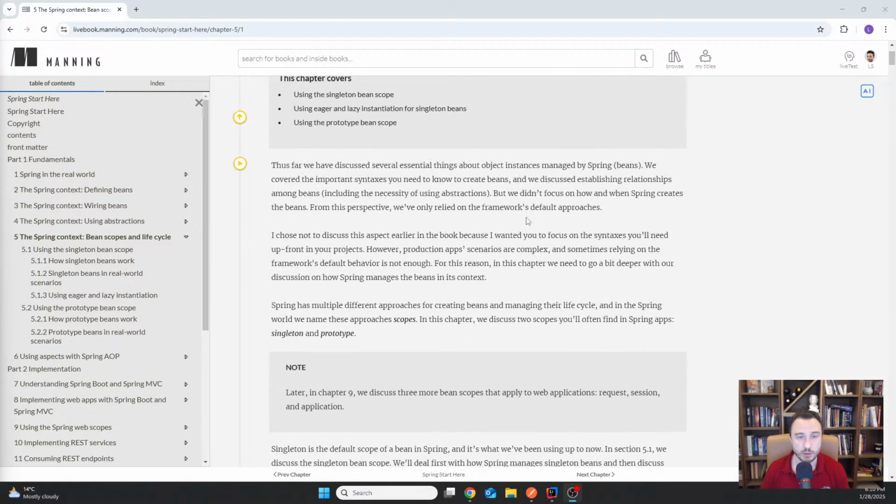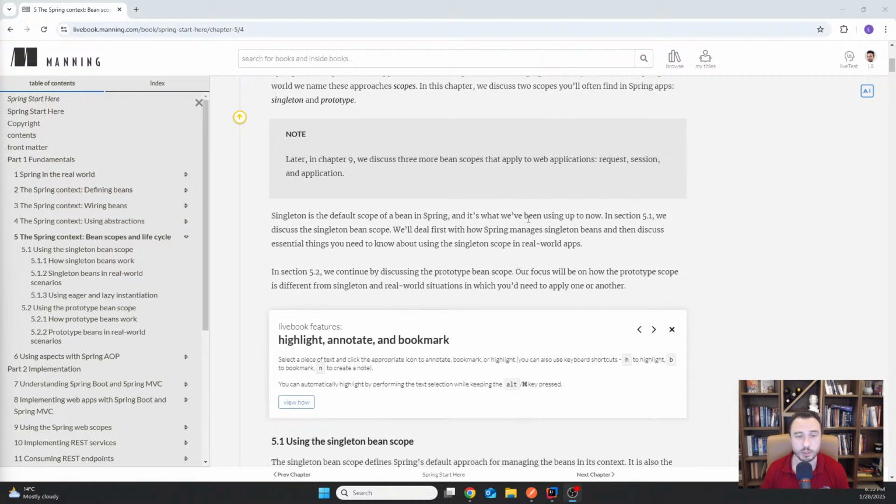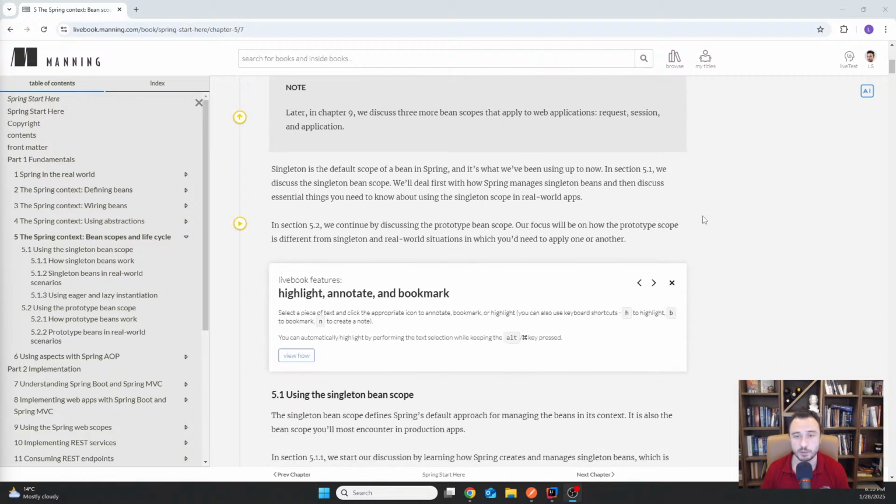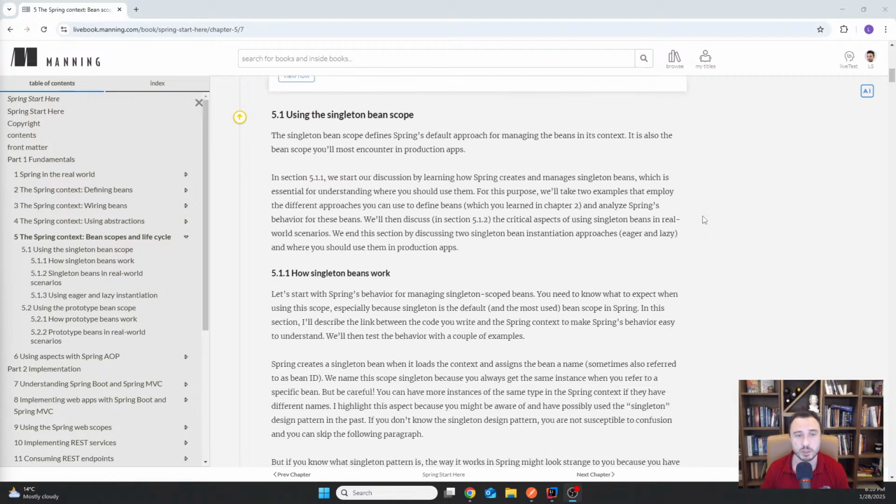Yeah, let's go with this. And first of all, what I want you to understand before we dive into the singleton scope, which is section 5.1, is that when we talk about singleton here, it is not that design pattern singleton that you might know about. So if you previously have learned design patterns, just to give you some names to make sure you know what I refer to,